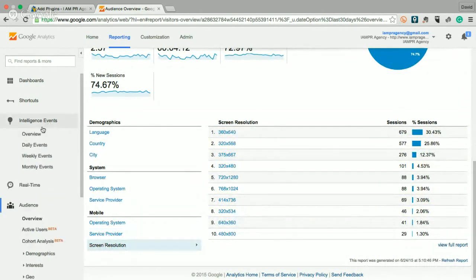Now what we're going to move on to is intelligence events. So intelligence events is basically,